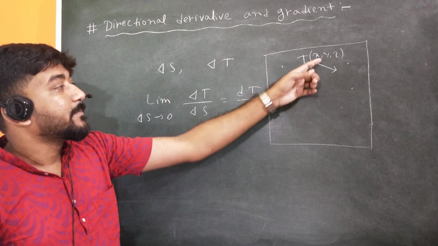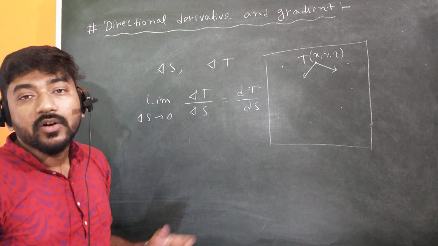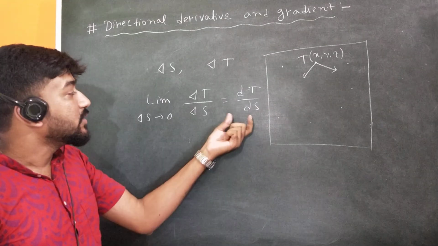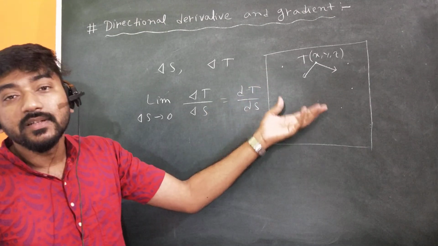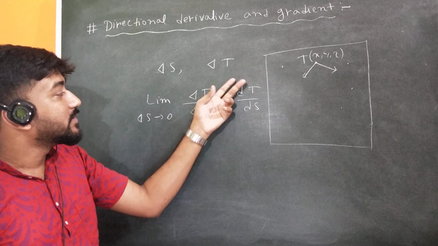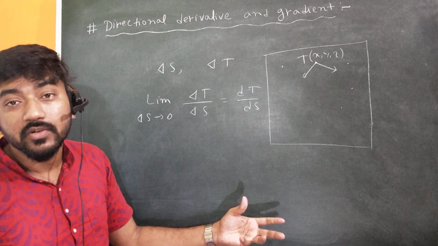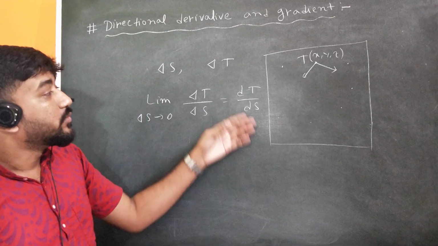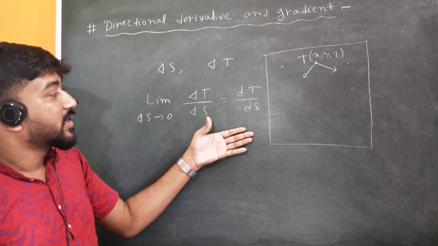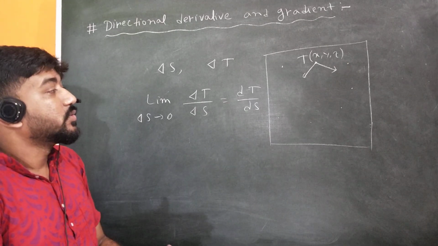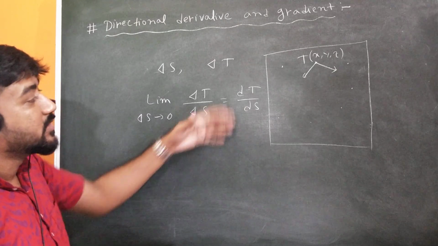For a particular direction, it physically means that in that direction the temperature is decreasing or increasing, that is, the temperature is changing. And sometimes we are interested in the direction in which the temperature will change more rapidly, that means the direction in which this dT upon ds will be maximum. So the direction in which the directional derivative is maximum will tell you in which direction the temperature will change more rapidly. So this is the physical meaning of directional derivative, and why we need to calculate it. This is all about that.